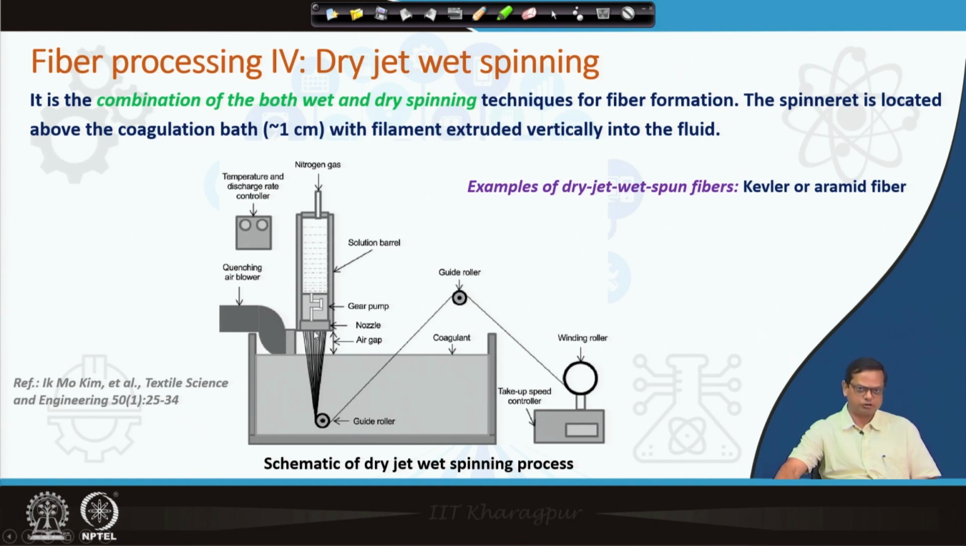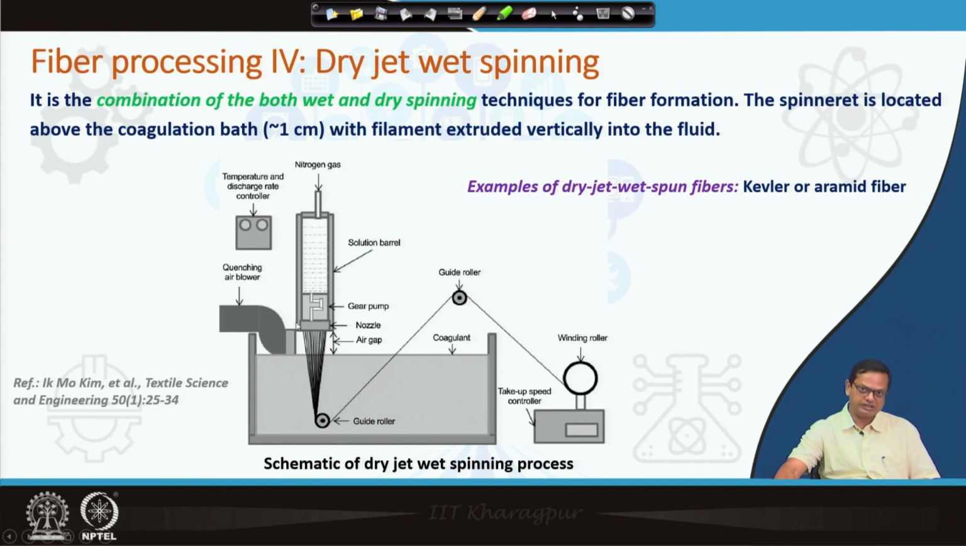Now, once it comes out of the spinneret, it does not go directly into the coagulation bath. If it goes directly into the coagulation bath, that we call wet spinning. But before it goes into the coagulation bath, there is a certain amount of air gap, around 1 centimeter to 4 centimeter. So, it goes through this air gap, and certain changes take place when it goes through this air gap,